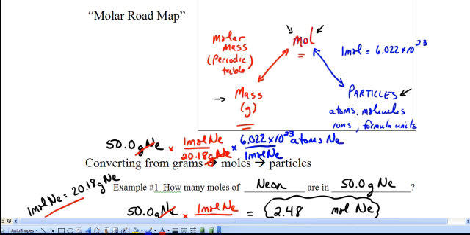All right? And so now, obviously the moles of neon divide out top and bottom. Now, for the calculation, you're going to take 50 times 1 divided by 20.18 times 6.022 times 10 to the 23rd divided by 1, and we're going to get the exact same answer, 1.49 times 10 to the 24th atoms